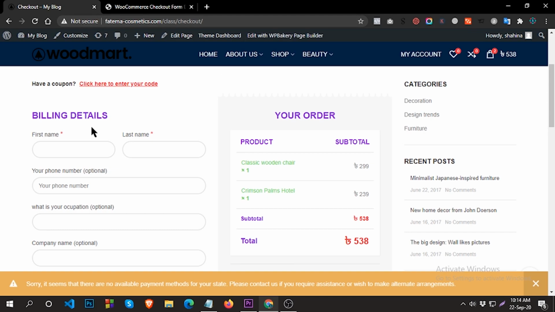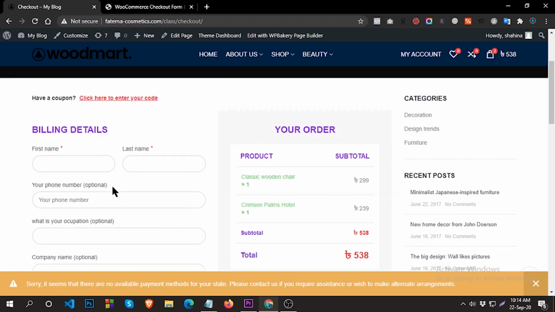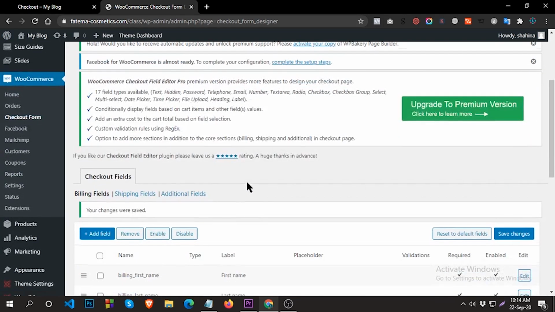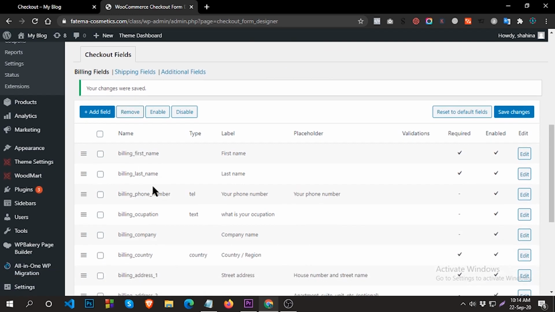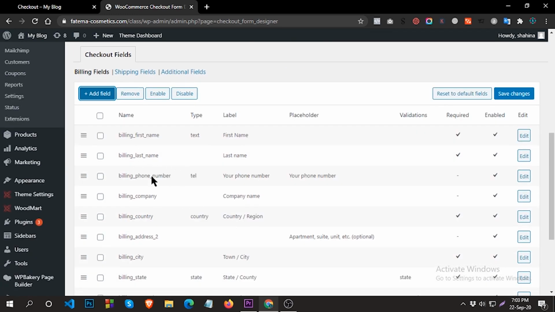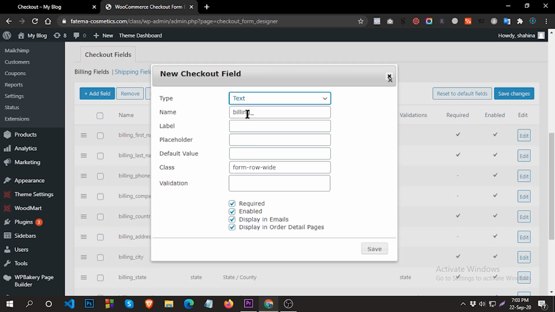Now I am going to show how you can remove any field from here. Go to the checkout page. Here you can see the remove option. Another thing to keep in mind: when you add a new field or edit, you must use billing. Otherwise you can't create a new field.